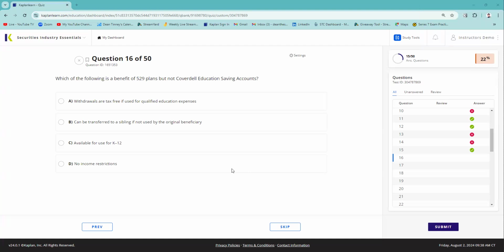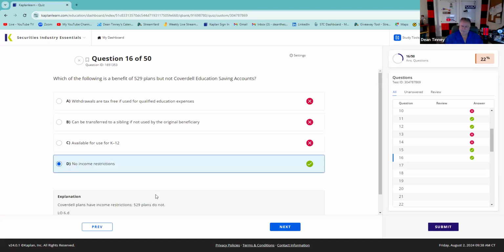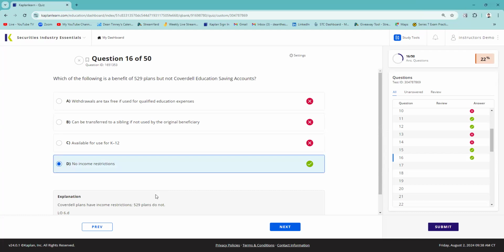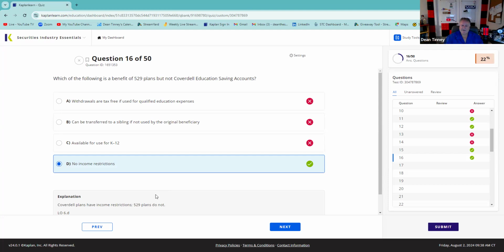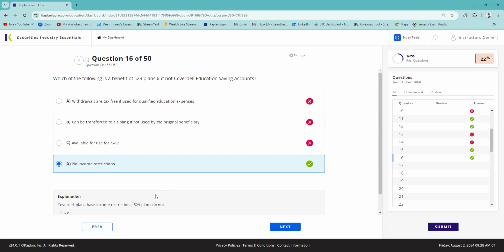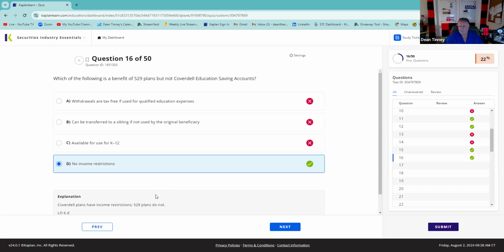I don't think there are income restrictions for... There's both. Not on the 529. President Obama was able to put, what, 300 grand out of his estate, right? So anyone can have a 529. Coverdells, how much can you put in? Coverdells limit you if you have income over a certain amount. So that's an advantage. Oh, got it. Okay.